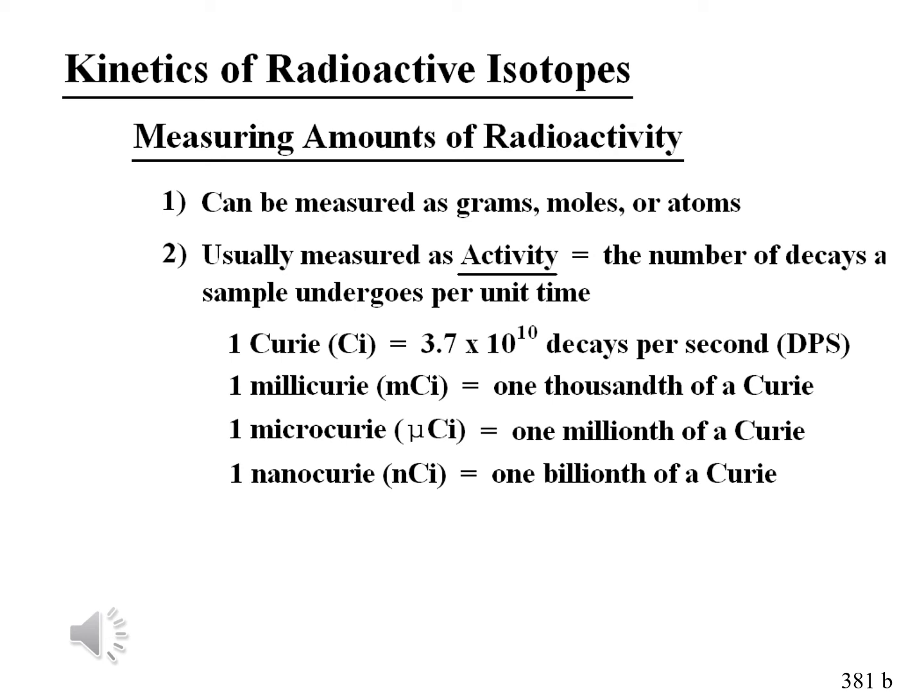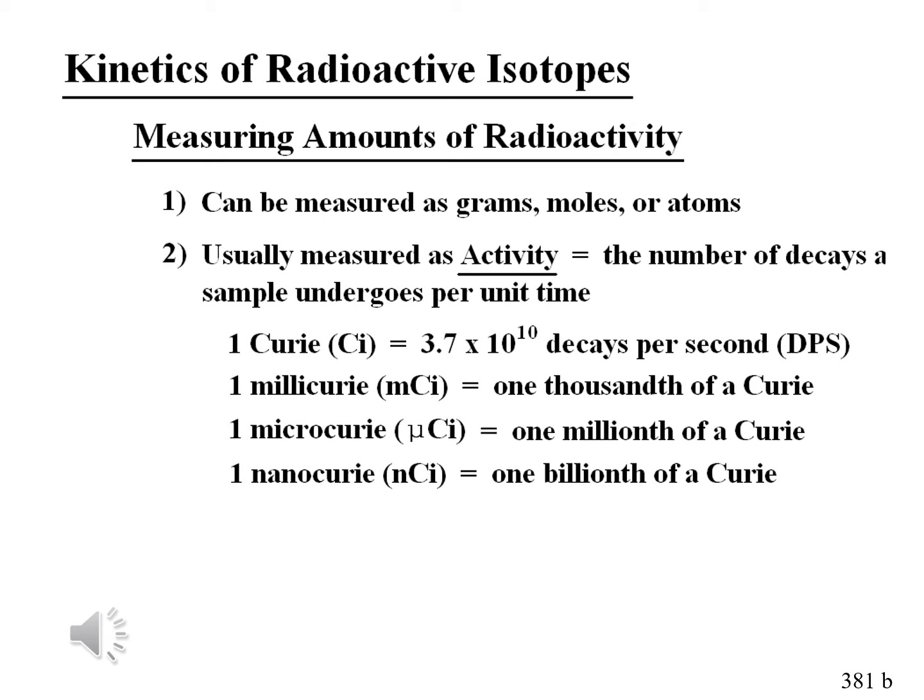If you have a sample of a radioactive element sitting on the table and you measure how many particles come off of it per second, obviously, if you double the size of the sample, you're going to double the number of particles that come off. So the number of decays or particles that come off is a measure of how much is there. The Curie is named after Madame Curie,